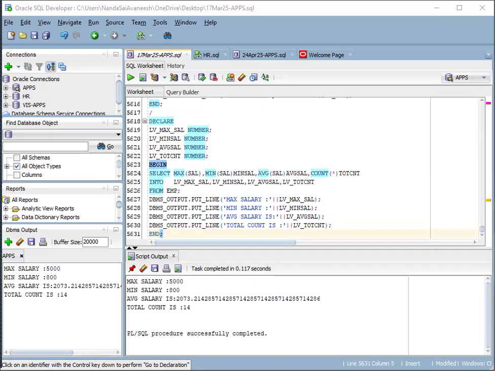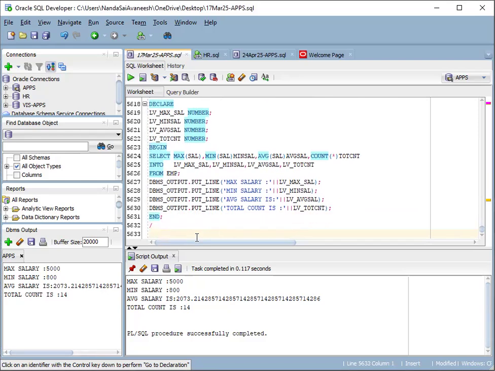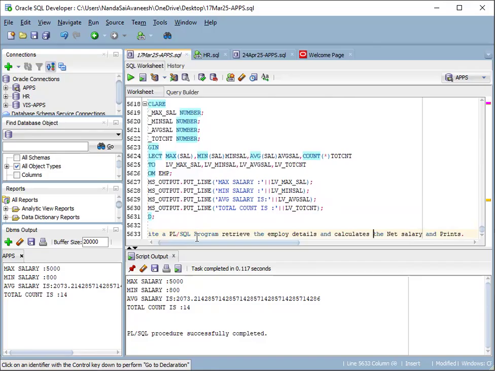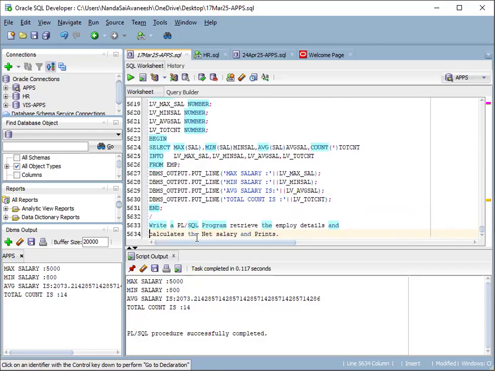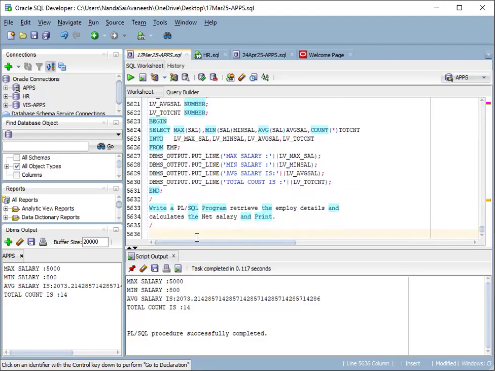So now another requirement is write a PLSQL program to retrieve the employee details and calculate the net amount, net salary, and print. This is the requirement. So how will you use this? So you can define